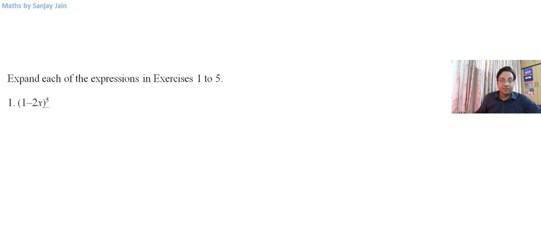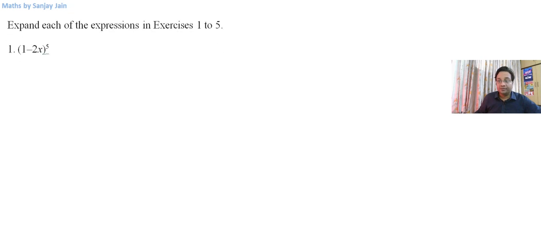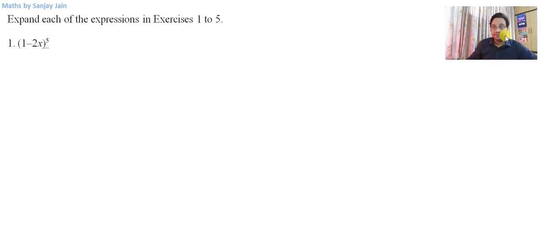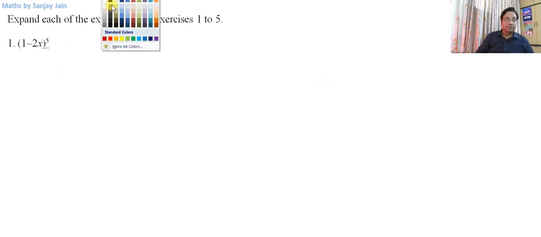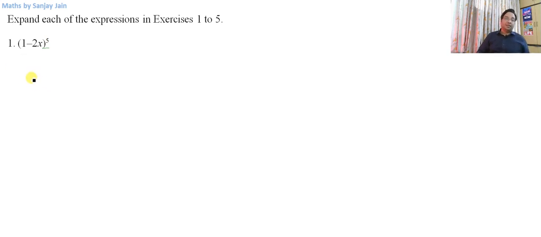Expand each of the expressions in exercise 1 to 5. Okay, the first one is (1 minus 2x) raised to power 5. Now these questions are very simple. I can expand it in 5 seconds, but the only part is the calculation part, which you need to be careful of. So the expansion for this will be,